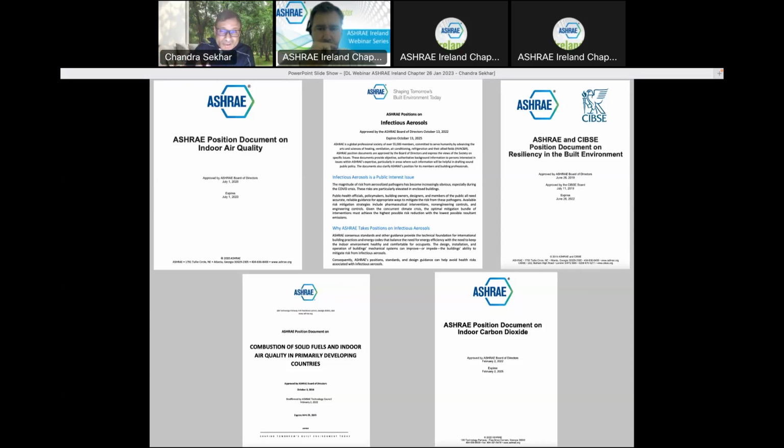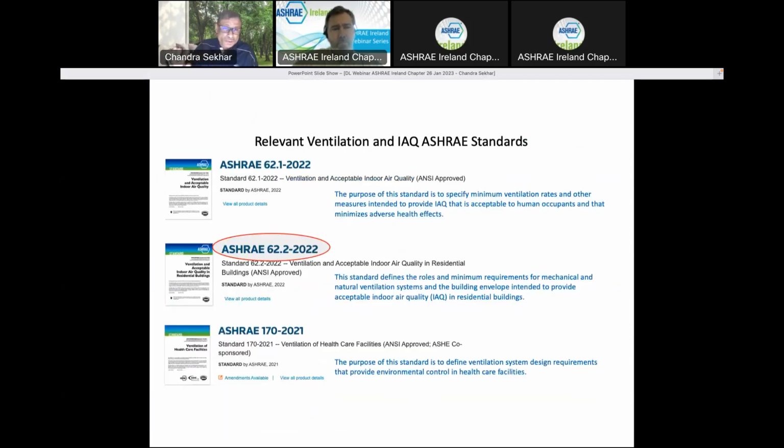We've got to look at the two together, and that's where dynamic changing systems or flexibility in system design and operation becomes very critical. And we talk about some of those things in these position documents as well. I can't exactly say which one talks about what aspect of it, but you get the idea that these are position documents that ASHRAE produces, providing general awareness and understanding of what the current issues are and what ASHRAE is saying about them. A good number of these documents also talk about the required research that needs to be done to get more information and perhaps more solutions.